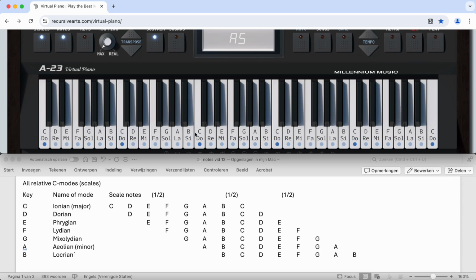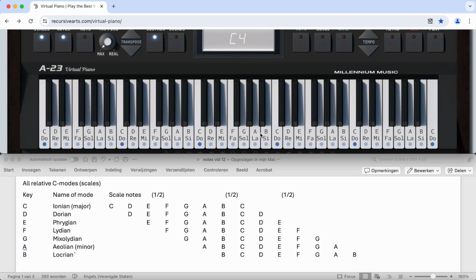But I'm only touching the white keys of the piano. Do you see that? This is the C major scale. And when I play the scale of A minor, I'm still only touching the white keys of the piano. And that's what we call a relative. A minor is related to the C major scale. In fact, we're using just the same notes,